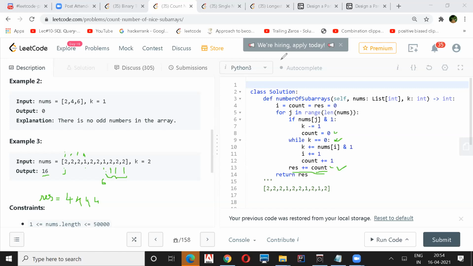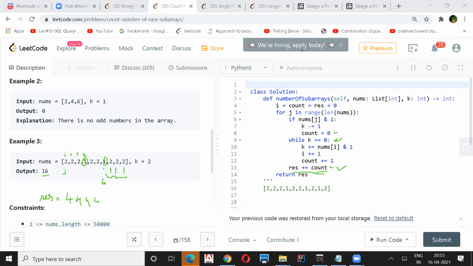Right. So we can do it the other way also, right? Yeah, there is one more way. You can actually take into account the index positions of the odd values always, and then start iterating only on those odd values.